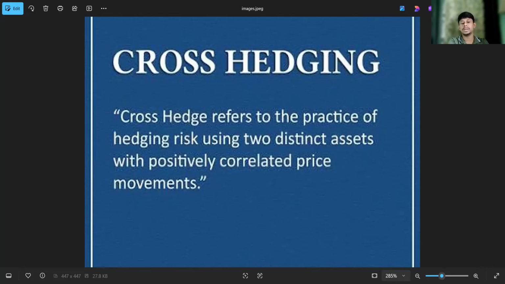Let's say you hedge jet fuel with crude oil futures. Most of the time they move in the same direction, but sometimes refining costs spike, so jet fuel jumps while crude oil barely moves. Or a geopolitical event hits crude oil specifically, but doesn't affect jet fuel the same way. So in both cases, your hedge protects you less than you expected, because the relationship between the two assets temporarily broke down.